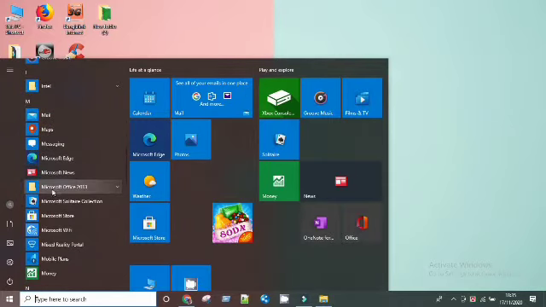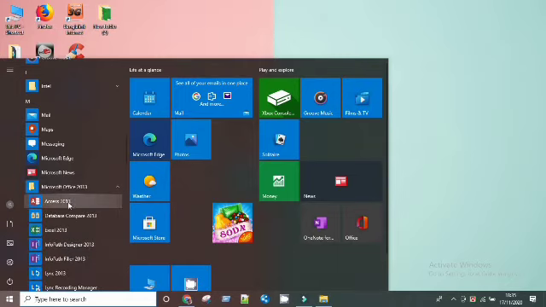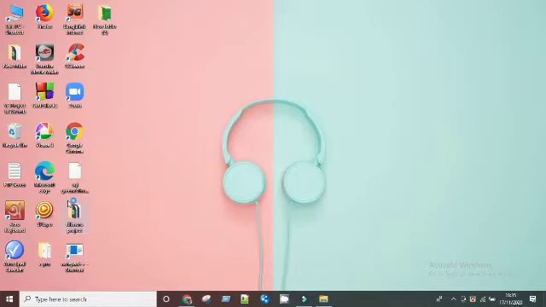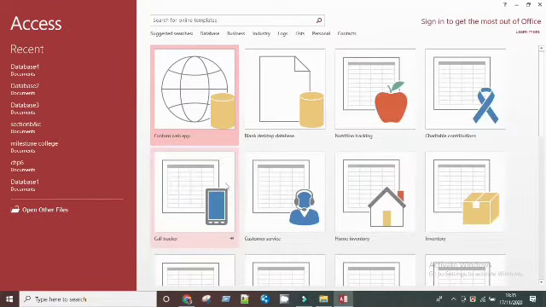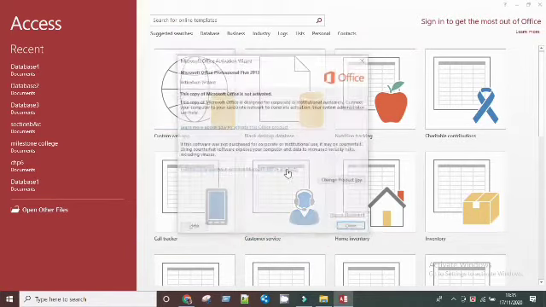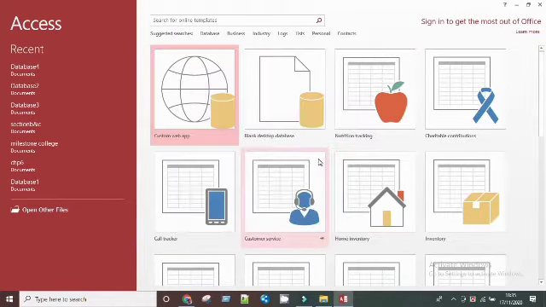Open it, and then search for the option called blank database. There are several templates you can choose, but I'm going to teach the basics, so we will start with a blank database.